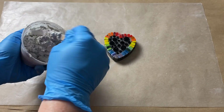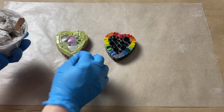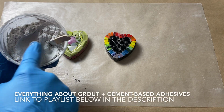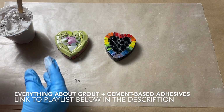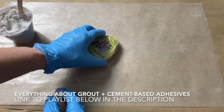So I've mixed up my grout and I'm waiting a few minutes just to allow the chemical reaction to take place. Now, if you aren't sure how to mix up the grout, or you'd like to color your grout, tint your grout, even cement-based adhesive for that matter, or maybe you'd like to add some glitter to it,